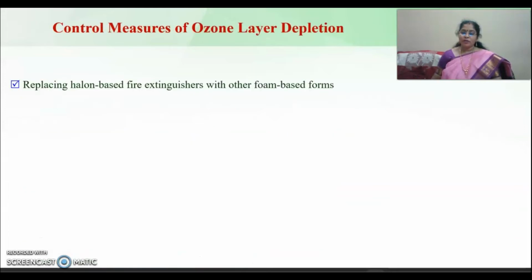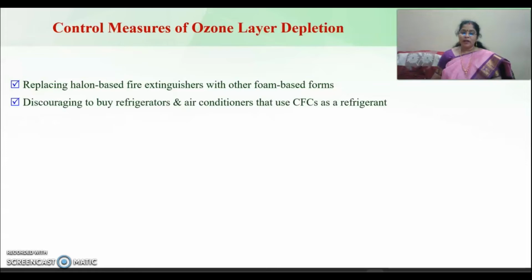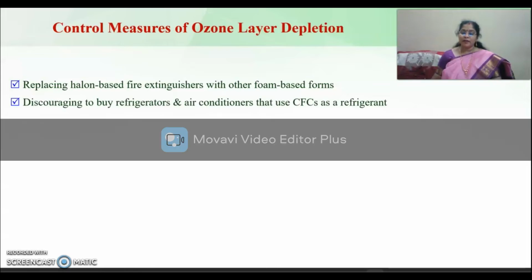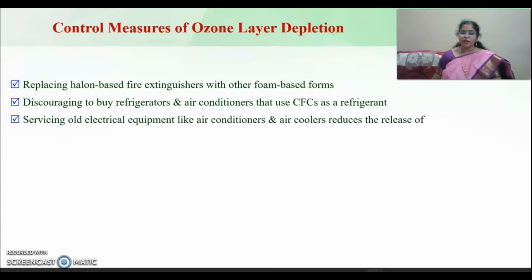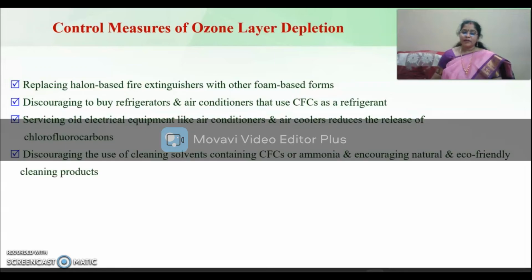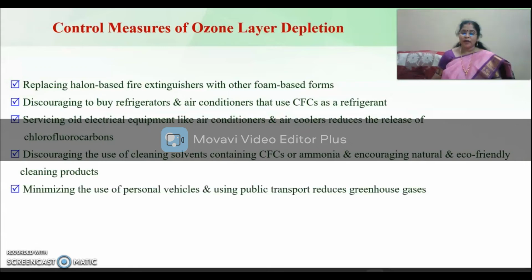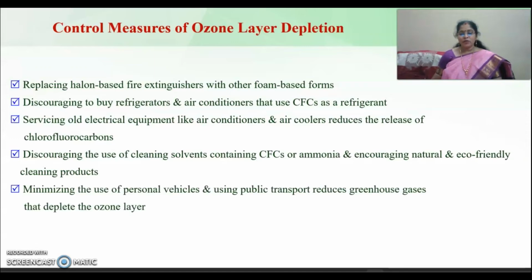What are the control measures of ozone layer depletion? Replacing halon-based fire extinguishers with foam-based forms, discouraging buying refrigerators and air conditioners that use CFC as the refrigerant, servicing all electrical equipment like air conditioners and air coolers, which reduces the release of CFC, discouraging the use of cleaning solvents containing CFC or ammonia and encouraging natural and eco-friendly cleaning products,